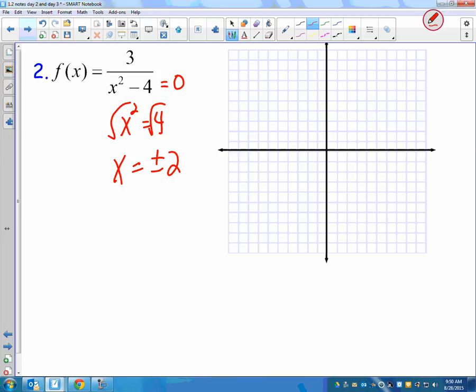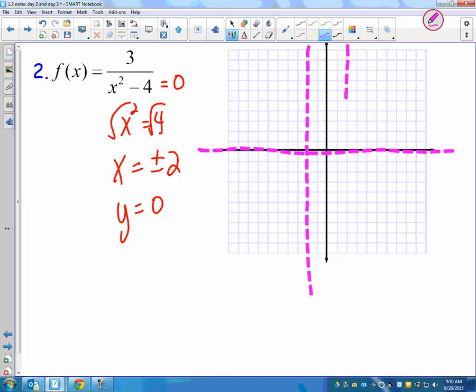And what would the horizontal asymptote be on this one? Also 0, because the numerator is less than the denominator. There's no x in the top, there's x in the bottom. You're always going to get y equals 0. So if I make my dotted lines here at y equals 0, and x equals negative 2 and positive 2,